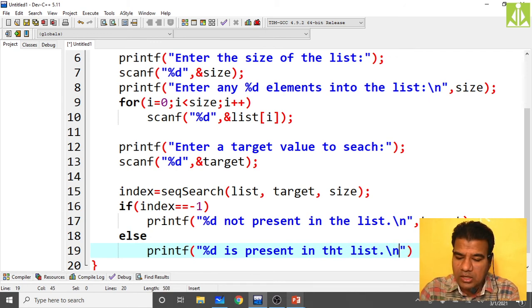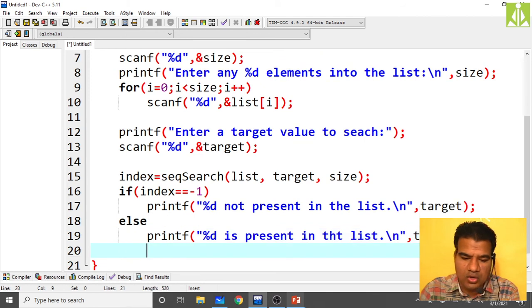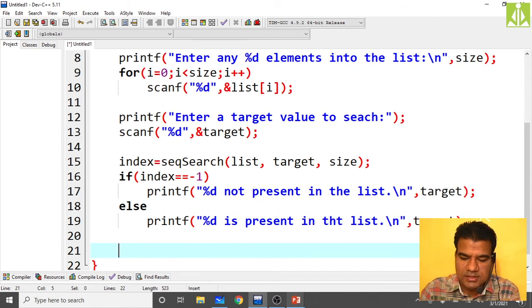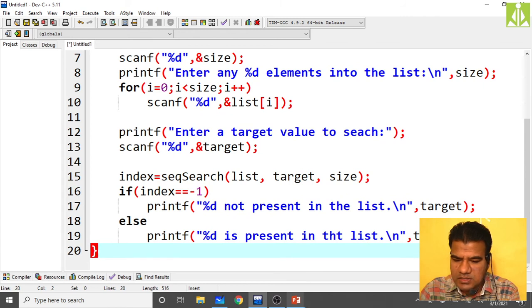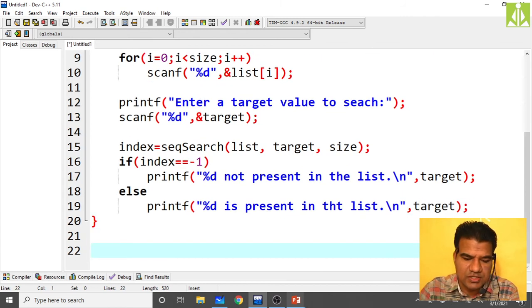Conclude the operation. And what is that percentile d? Your target only. At the end put the semicolon. Likewise, here only we conclude this. What is missing? The sequential search function definition is missing.